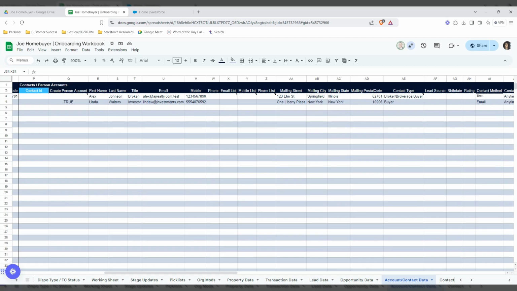Because she is not associated with any businesses, we want to make sure that under this column for create person account, we type in true. That way the system will trigger flows so that Linda is associated with a person account instead of a business